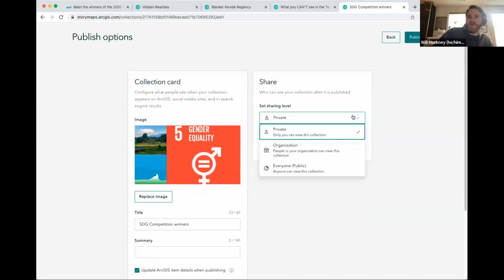And then when you go to publish, this determines who's able to see it. So it starts with only being yourself, and this is good for things that aren't ready to go out in the world yet. You can also have an organization option, which is great for collaborative work, like say somebody you're working with, you want them to be able to give some feedback to your story. If they're sharing an ArcGIS Online organization with you, you can set it to this mode and they'll be able to see it, but the general public won't. But then you can also